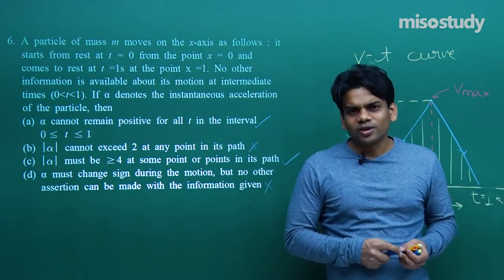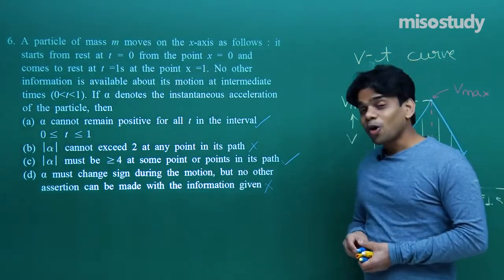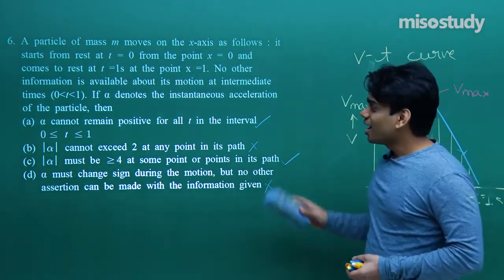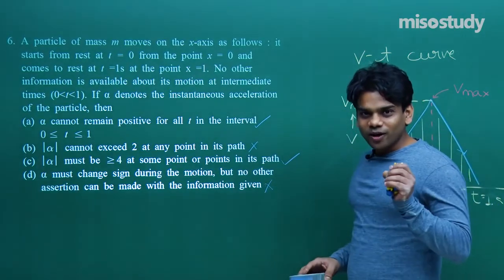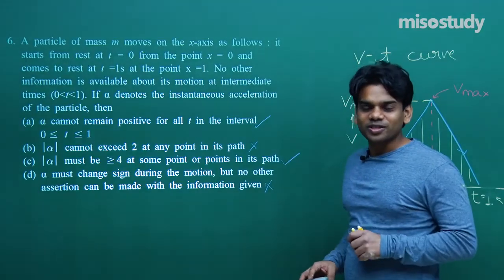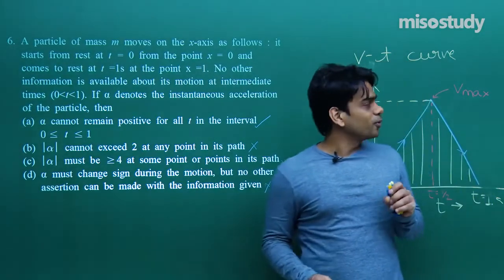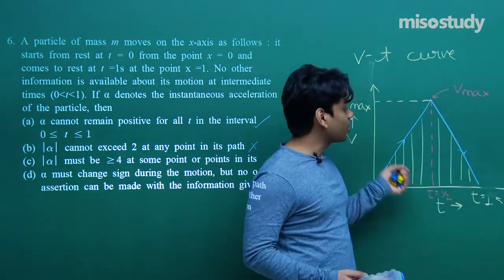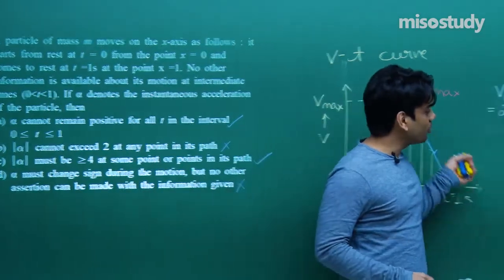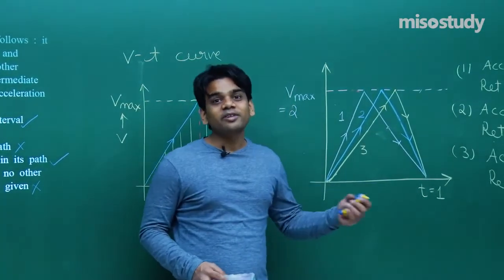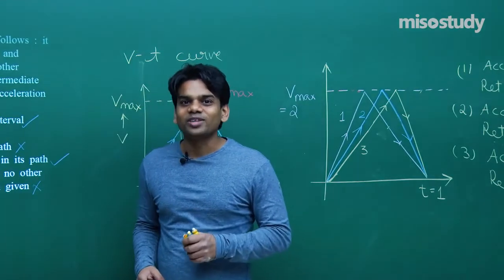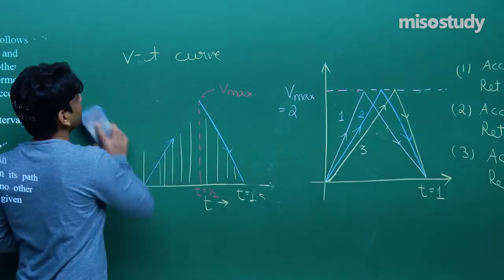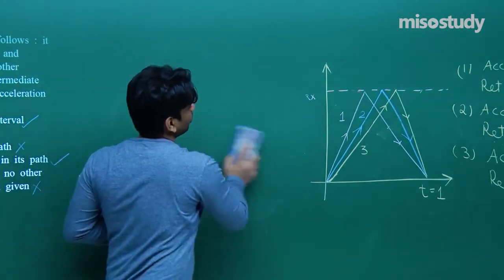So we have got more than one correct choice in this question, but normally JEE Mains will have only one correct choice. But for your knowledge, it will be helpful to know how to solve such a question. You can draw a curve and then proceed with the question. This is how we approached it: we plotted a VT curve, we got velocity max, we calculated the displacement, I showed you the other kinds of curves that are possible, and then we approached by calculating the magnitude of the acceleration and retardation. This is how we approached this problem. So let's go ahead with the next one. Prior to that, let me clear the board.